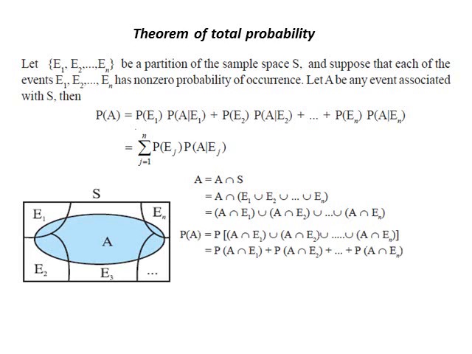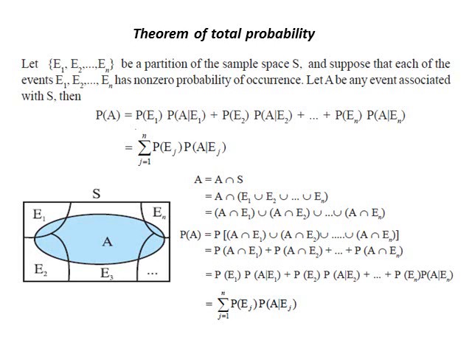Now, P(A) equals to probability of A intersection E1 union A intersection E2 and so on union A intersection En. All these are disjoint, so it is equals to P(A intersection E1) plus P(A intersection E2) plus so on P(A intersection En). Now, by multiplication rule of probability, we have P(A intersection E1) equals to P(E1) multiply P(A given E1),